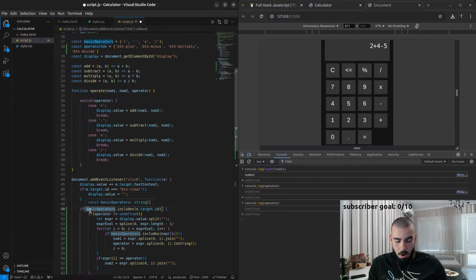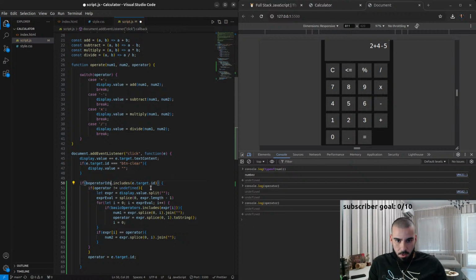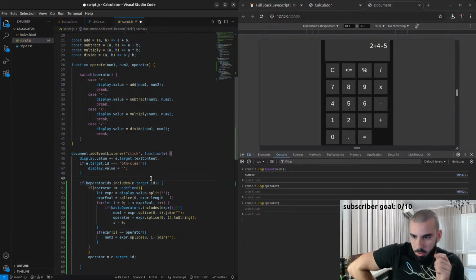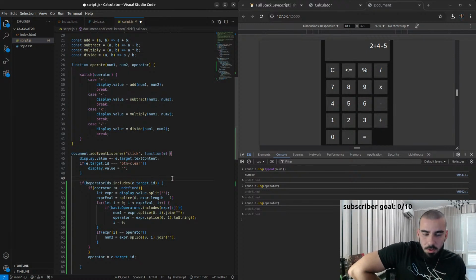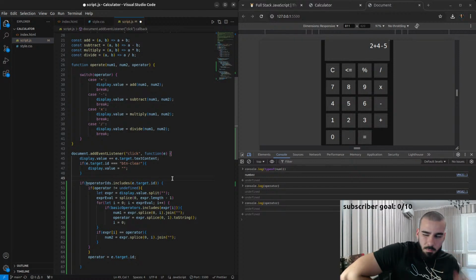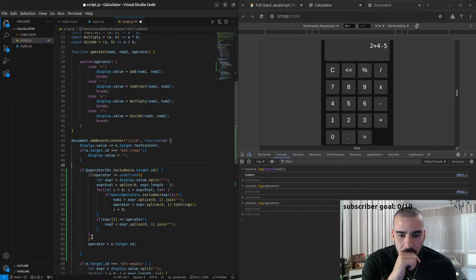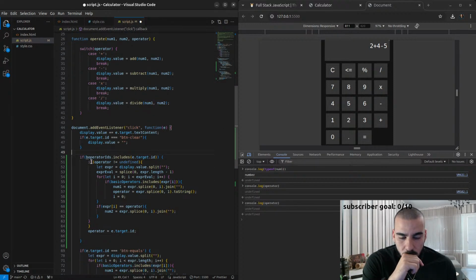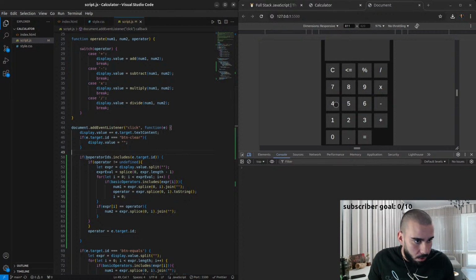So if operator IDs includes the button that we just clicked, and if the operator is not undefined, which will be the case if we did it the first time, because we'll check this if statement first, and then after that we'll set the operator. If we just try this out for now,